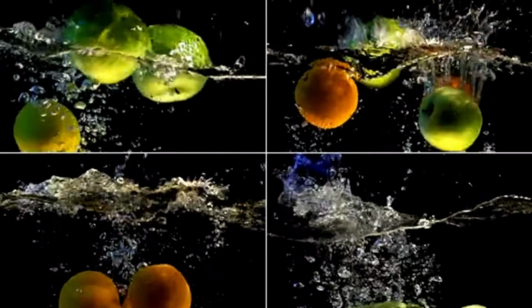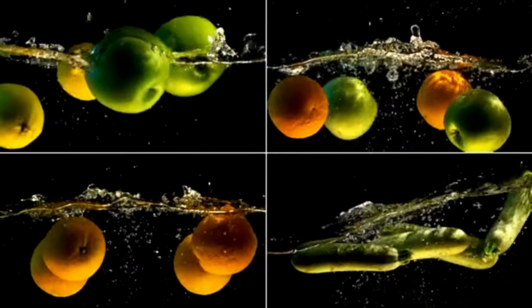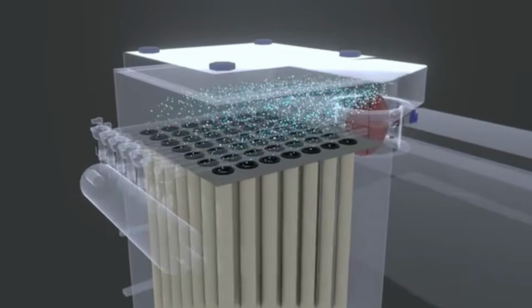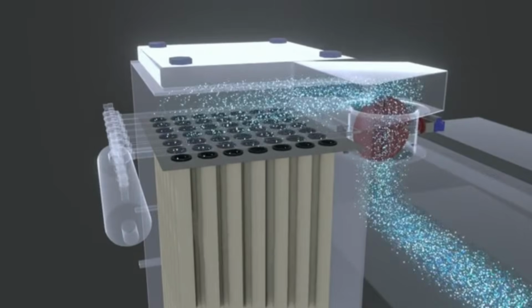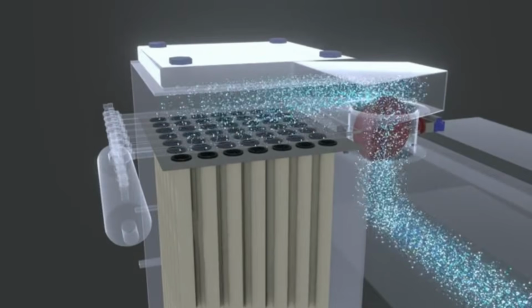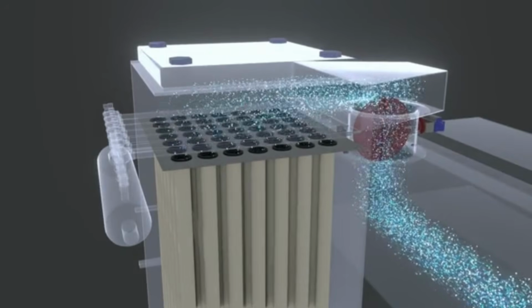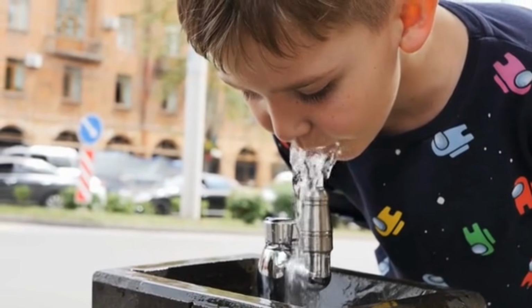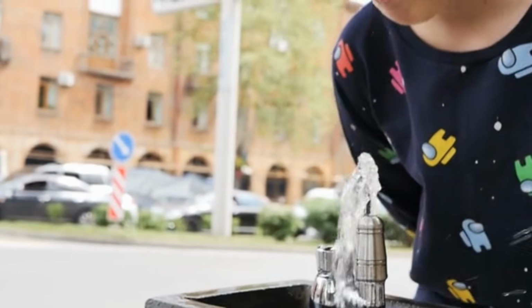NASA went further. For manned space missions, where water resupply is impossible, NASA has researched and designed solar distillation systems that operate in microgravity and extreme thermal environments. A 2020 study from MIT, funded in part by federal research grants, developed a passive solar desalination device that uses a multi-layer evaporation and condensation system to produce fresh water at rates significantly higher than traditional single-basin solar stills. The researchers described it as a technology that could provide drinking water to communities without access to electricity or infrastructure